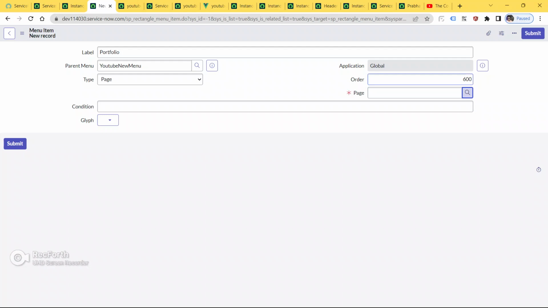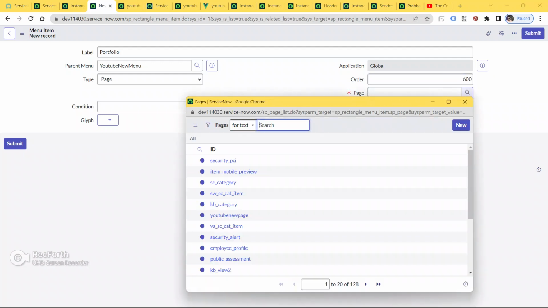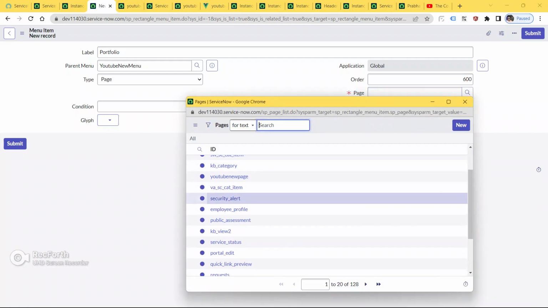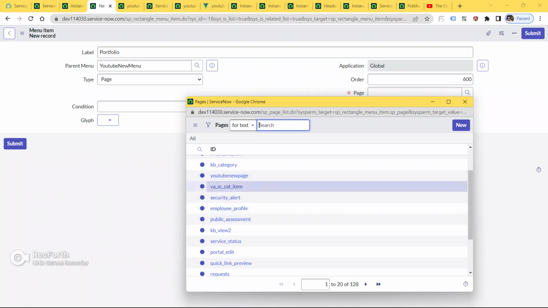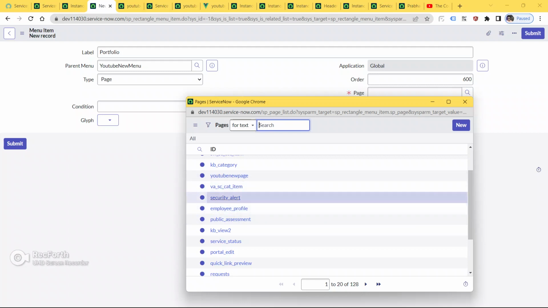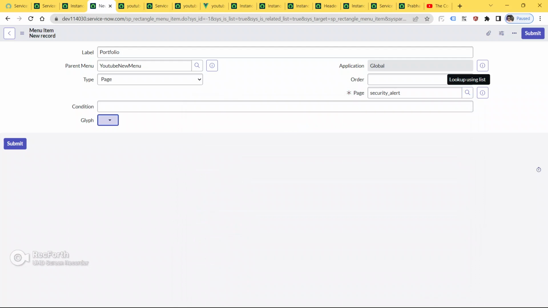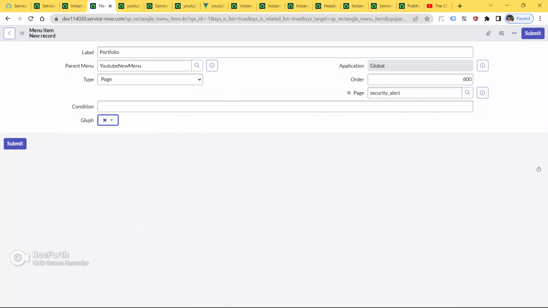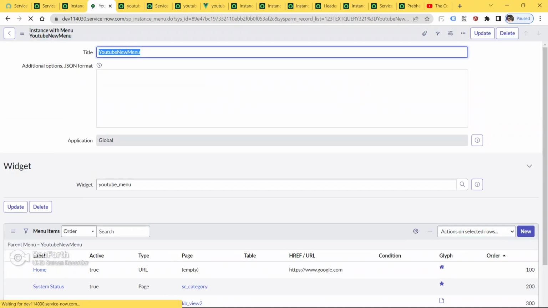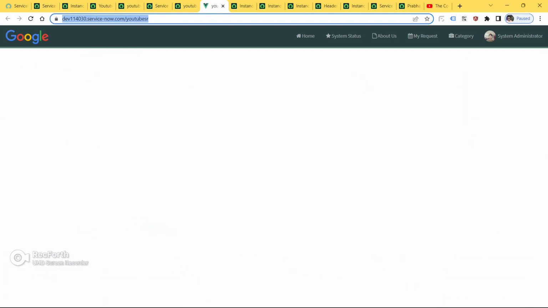Portfolio, let it be page only, change the order as 600, search the page from here. On clicking the search icon, I'm gonna put security alert or employee profile. You can put anything, guys. As of now I'm gonna put security alert. Okay, so click on the icon and choose this cross icon, click on the submit button,